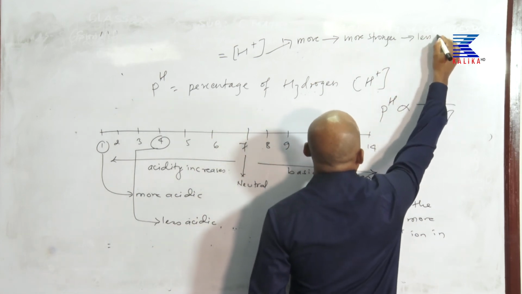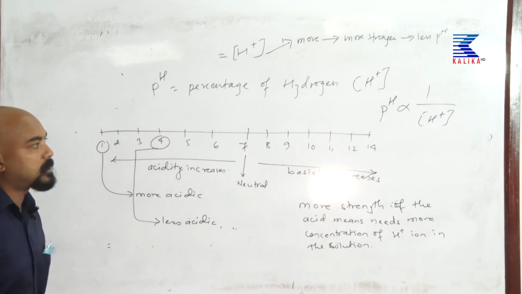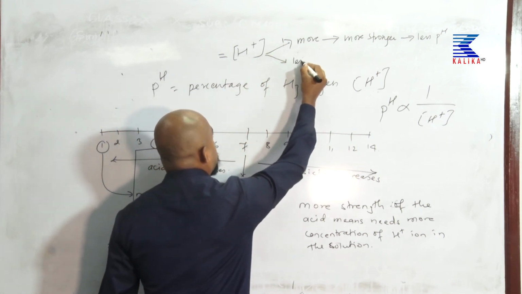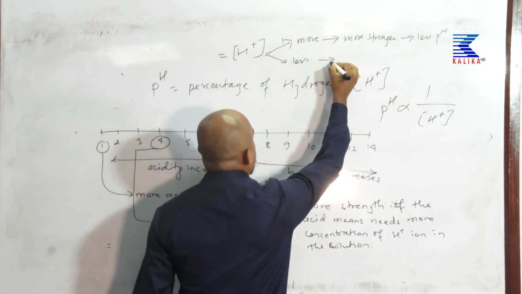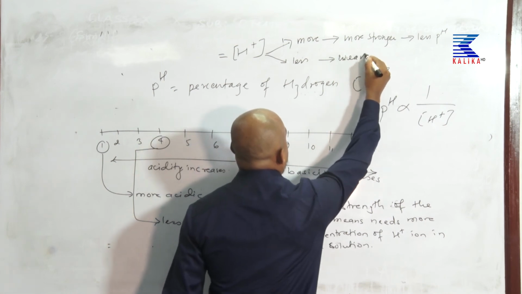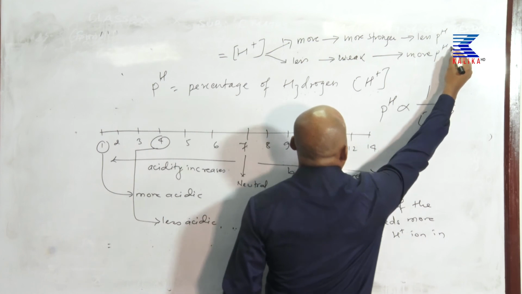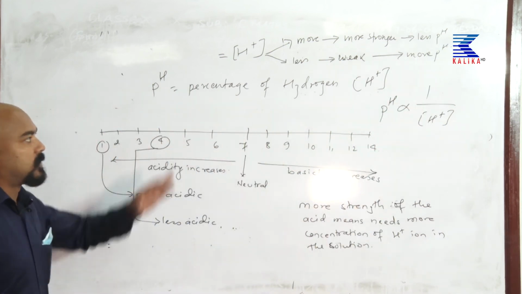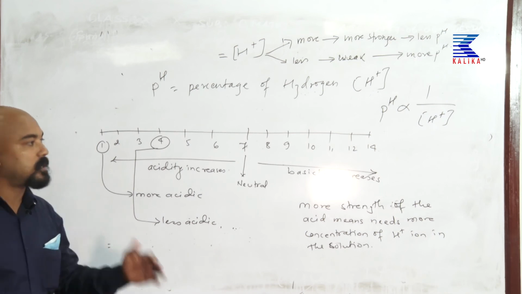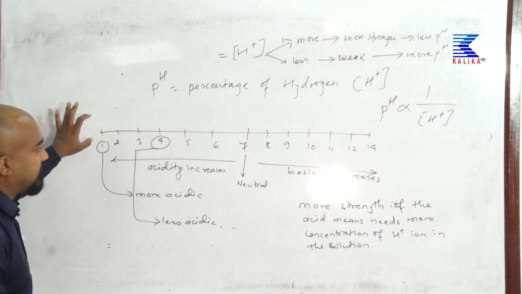which means less pH. More stronger means less pH, and reverse, which have less H plus ion concentration are weak acid. Weak acid means more pH. Remember this point, H plus ion. So, the strength of acid can be easily found on the basis of this pH scale,